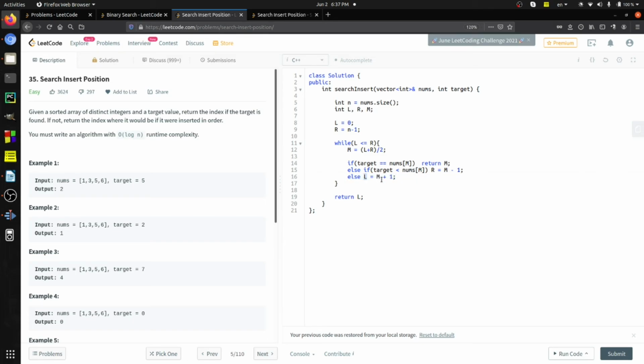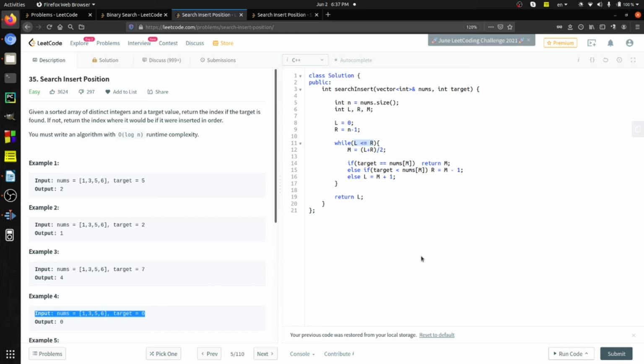So what was the m? It was 0. Okay, so we are on the 0th position, so m was 0. Now 0 plus 1 is 1, and then again it will check this condition, but the condition will become false because now the left pointer is greater than the right pointer. So it will come out and it will just return L. So what was our L? Now it was 1. Okay, so you can try with the third example and fourth example also, you will get